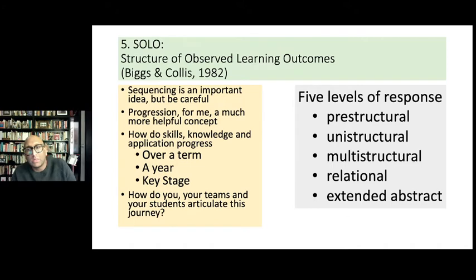So the next one is something about the structure of observed learning outcomes, an idea that Biggs and Collis came up with in 1982. Sequencing is a very important idea. It's become very prominent in the UK because Ofsted has really taken off on this notion of sequencing. I think it's a very opaque and subjective idea that is being presented to us in a really concrete way,